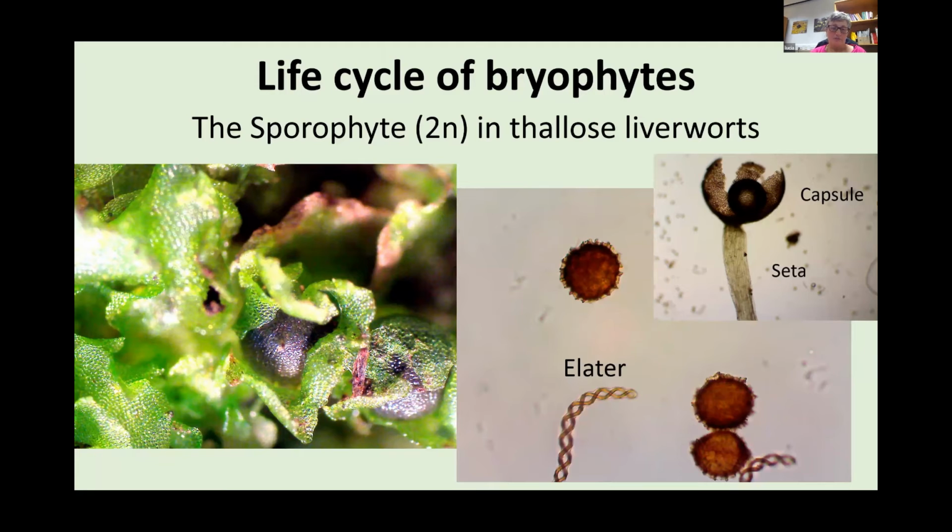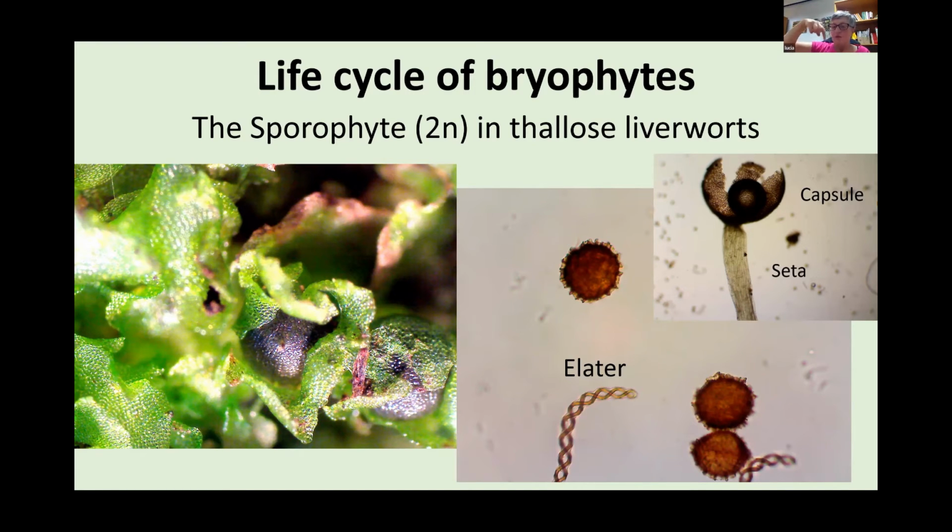One feature of liverworts, not just thalloid liverworts, liverworts in general, is that they have an extra help to disperse the spores. They're called elaters. So if you look at the picture in the middle, we've got our Fossombronia that we had before, and we've got the spores, but we also have these odd spiral looking things. These are elongated cells that have a sort of reinforced twisty part to the cell,